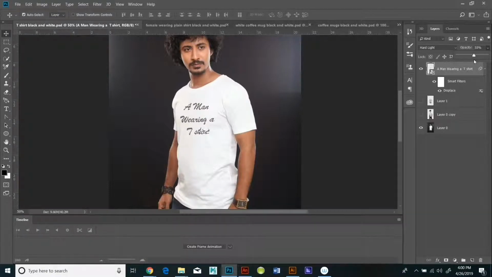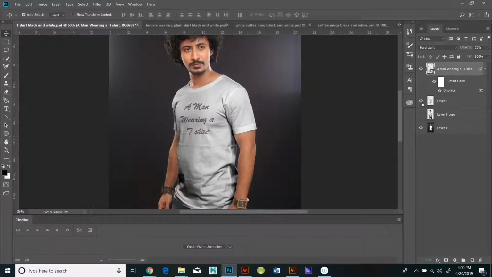It conformed to all the wrinkles of his shirt, but he's standing at a three-quarter pose, and the shoulder on the left-hand side of the picture is a little bit farther away than the other shoulder, and it still looks like all the letters are facing towards me. So what I did was I right-clicked on the layer and rasterized it, which means I turned it from a smart object back to pixels, and then I hit